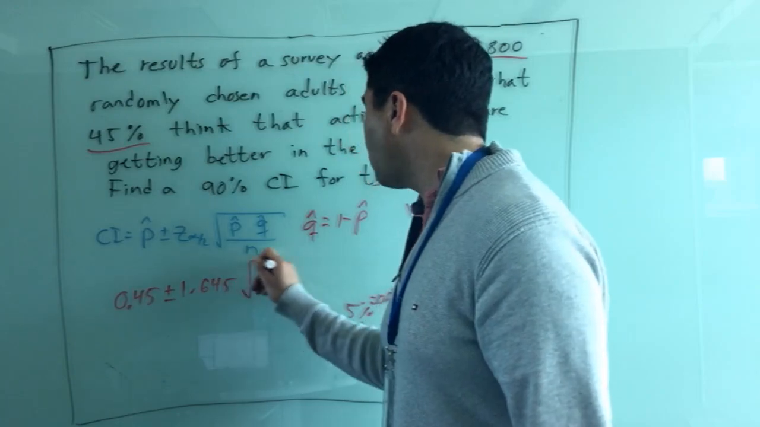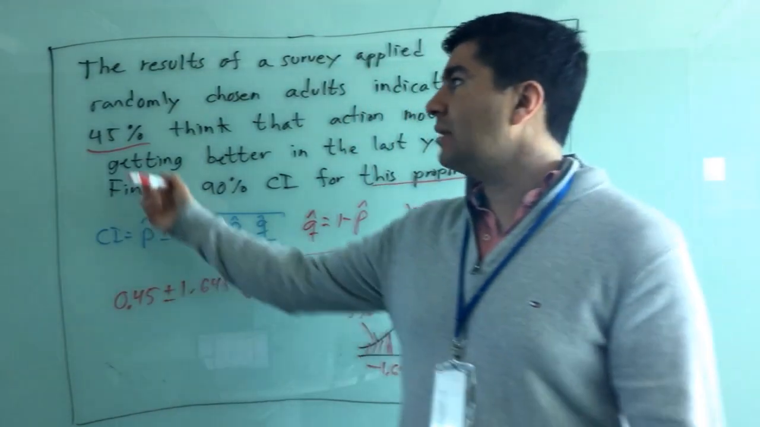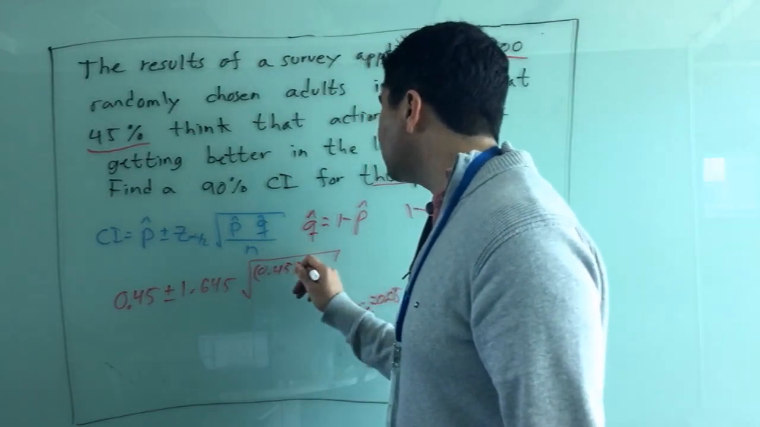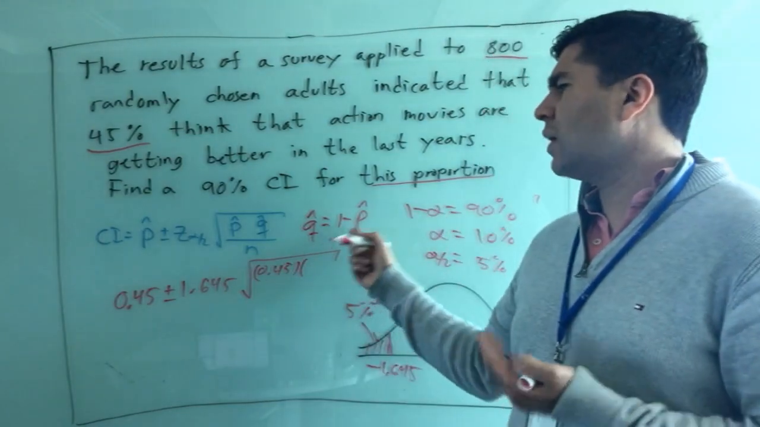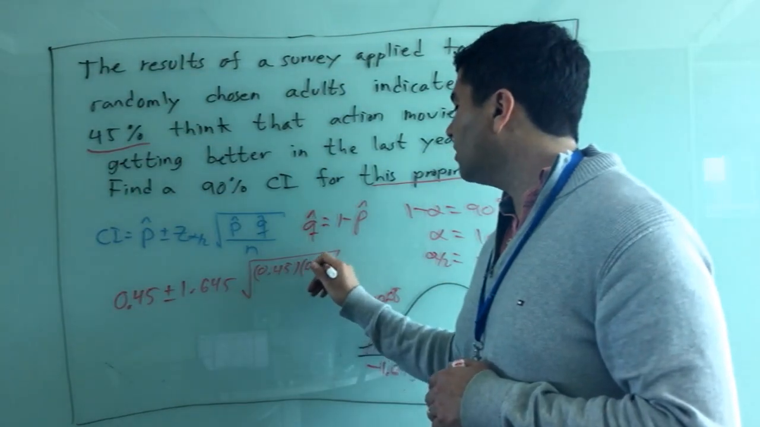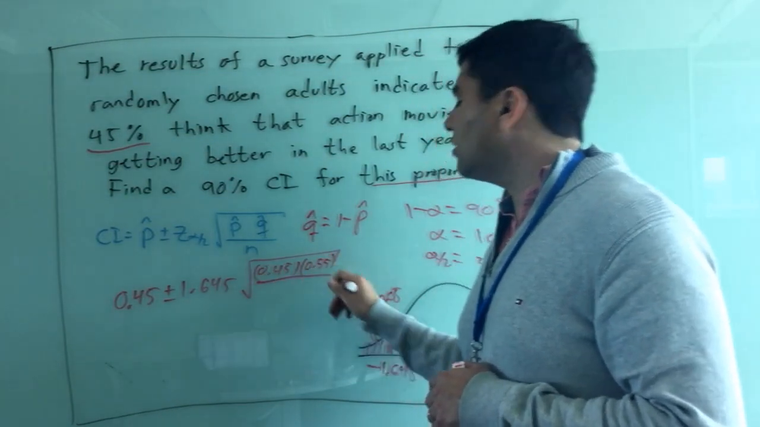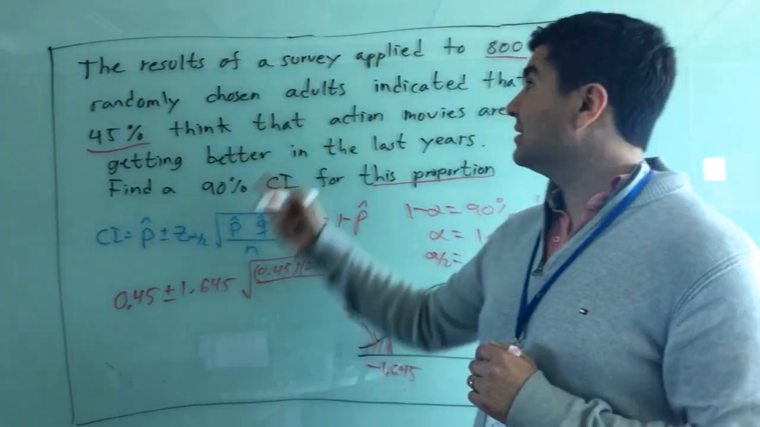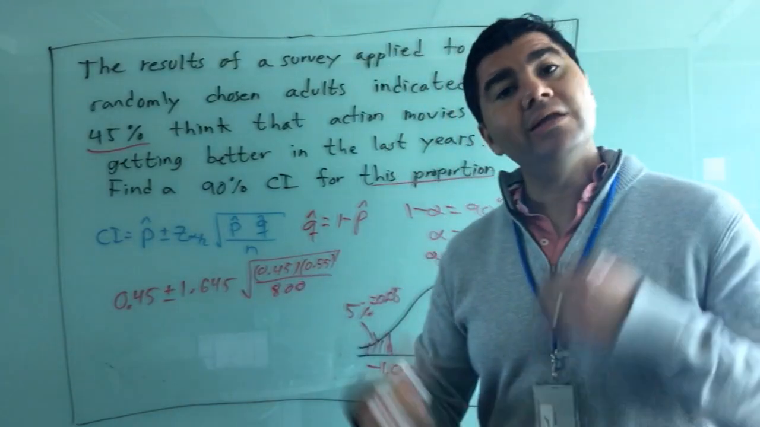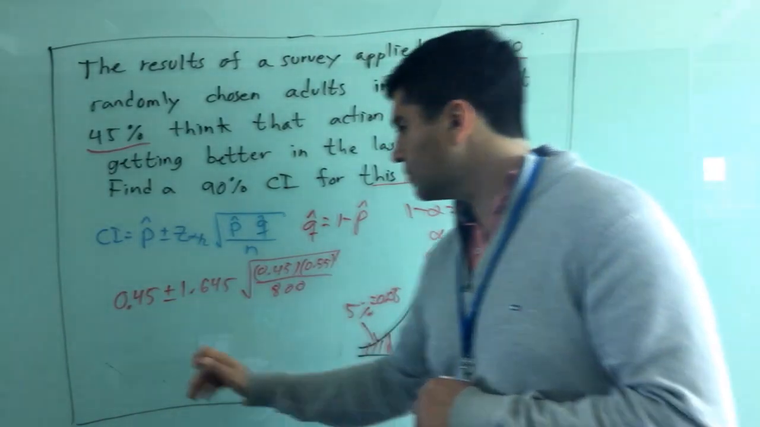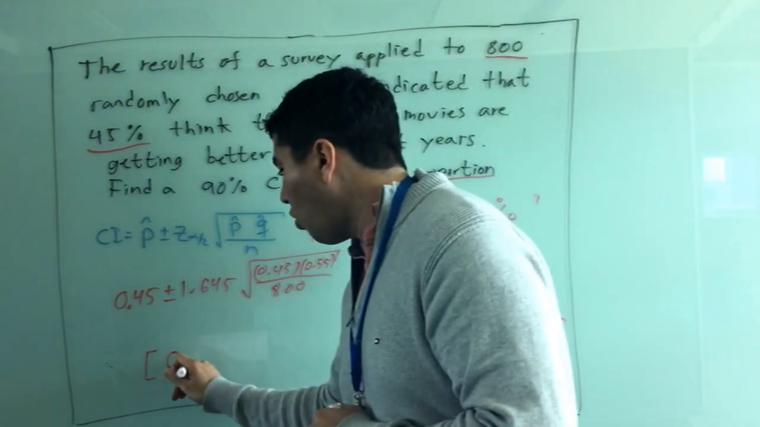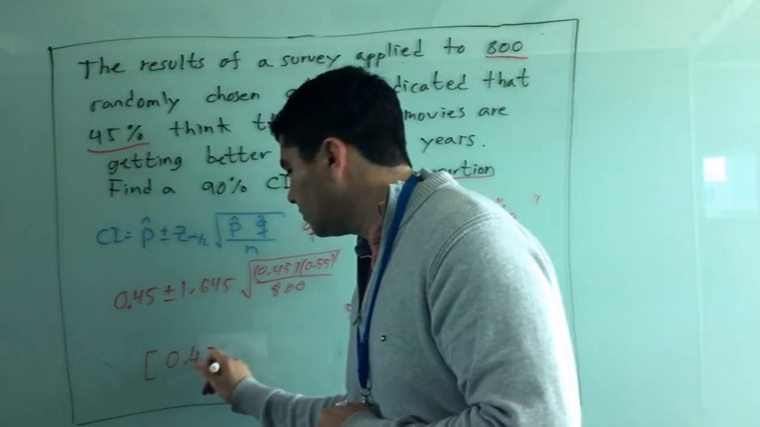1.645. Then in the square root, please just notice that p hat is the one that was given, again, 0.45. Well, the complement in this case, we can just find it out by subtracting 1 minus 0.45, that gives us 0.55. Then we just need to divide it over n, the sample size, that is said to be 800 people. Let's put this on the calculator to find the result. The result in this case is nothing but 0.42 to